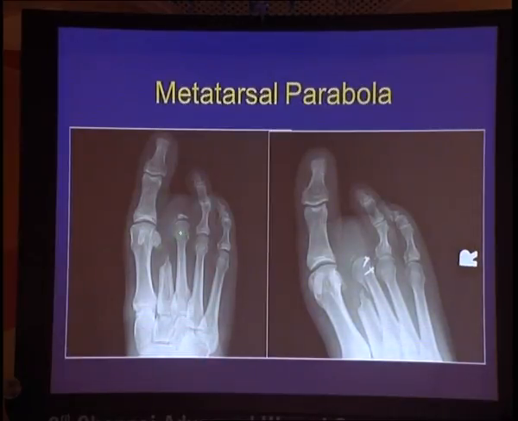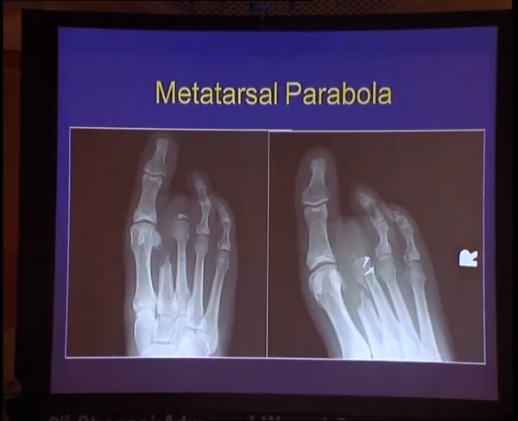this third metatarsal becomes a major factor. When the second metatarsal was here, maybe it wasn't a big deal. But look how long this third metatarsal is compared to 4. Look how long this third metatarsal is compared to 1. The surface area between these two, much larger surface area here, much smaller surface area here. So there's a focus of pressure in a much smaller, tighter area. This has to be addressed. You're not going to win long term unless you go and fix this metatarsal parabola, and that's what we've done